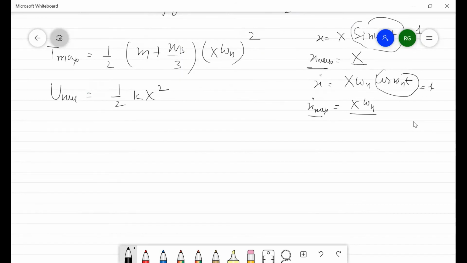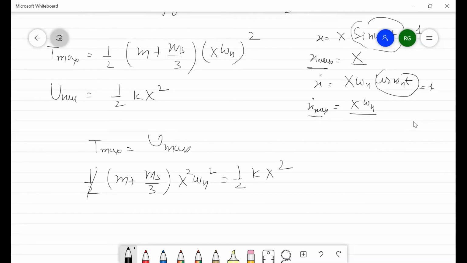According to Rayleigh's method, we equate T max equal to U max. T max is half m plus ms divided by 3, X square omega n square, which is equal to half k X square. This will cancel out, and omega n becomes the square root of k over m plus ms divided by 3,